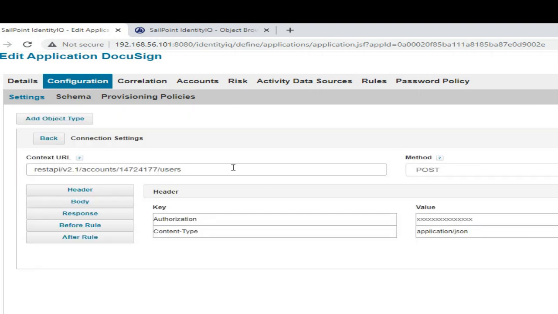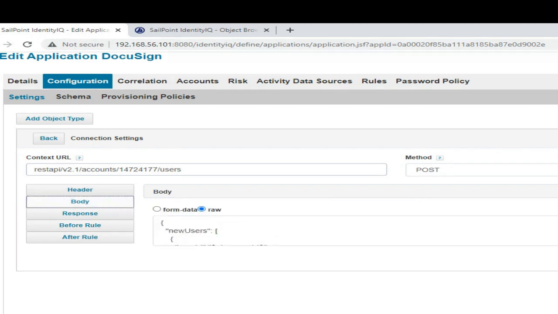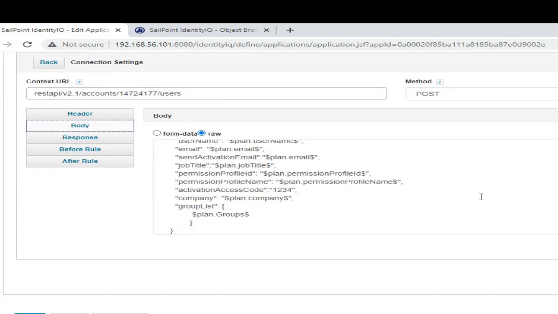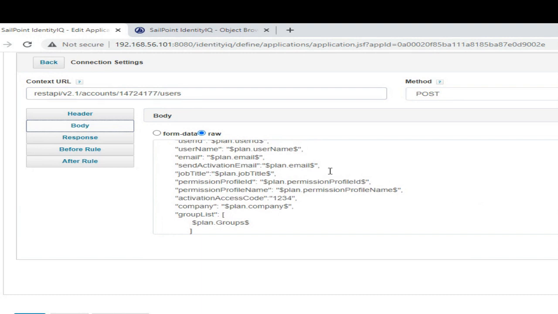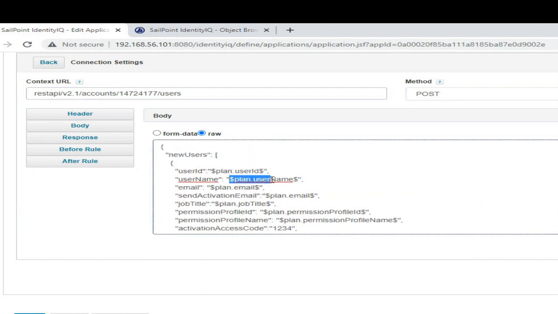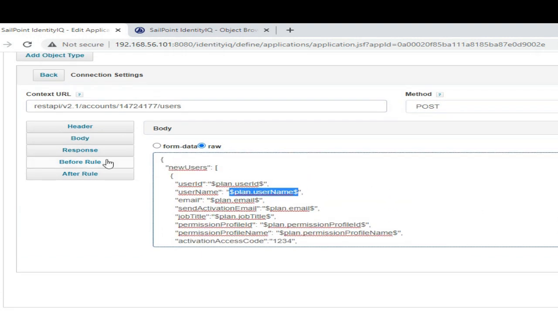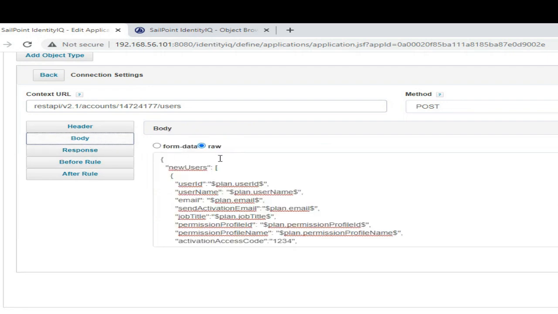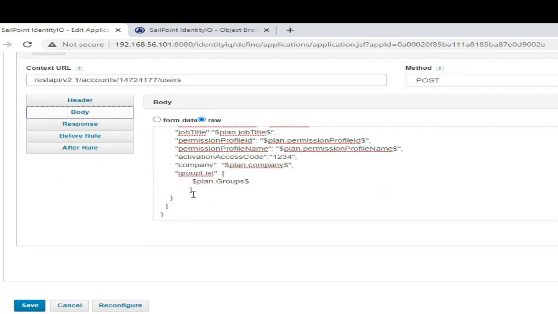Here you can see we have added the context URL, and the method will be changed to post for creating, and this header will be added by the same rule, the DocuSign generate JWT token rule. In the body we'll be adding the user ID, plan, email, and the groups, which fetch all the details from the plan, from the workflow. For this, a response is not required. Once we configure all the details,